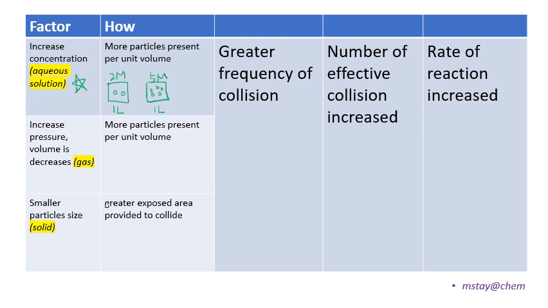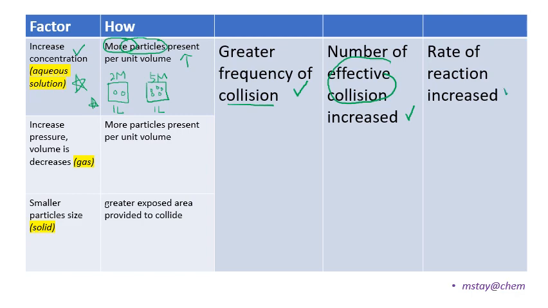So when we look at this diagram, we will notice that in the same container, when we increase the concentration, the particles present per unit volume is increased. That's why here they use the words more particles present. You can compare this diagram in 2 molar and 5 molar here. At 5 molar, the frequency of collision is increasing. At the same time, the chance of effective collision will also increase,